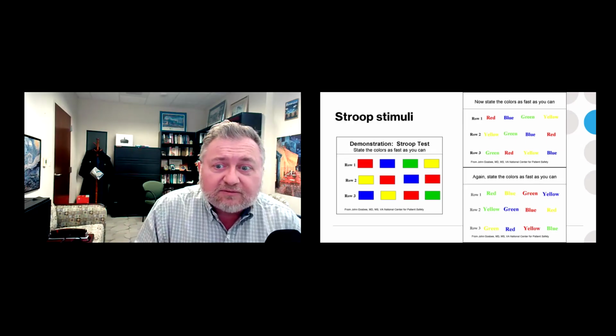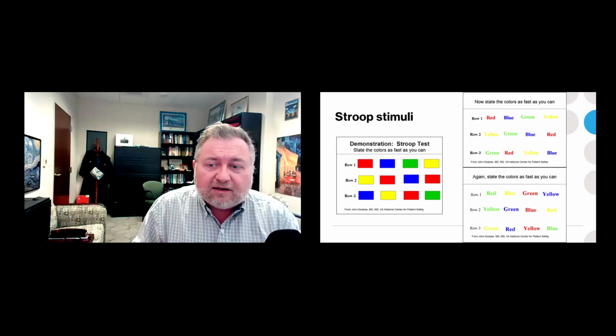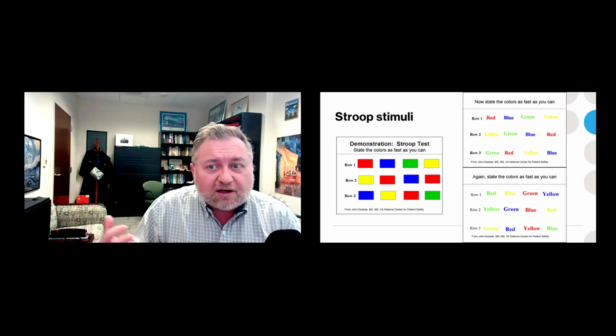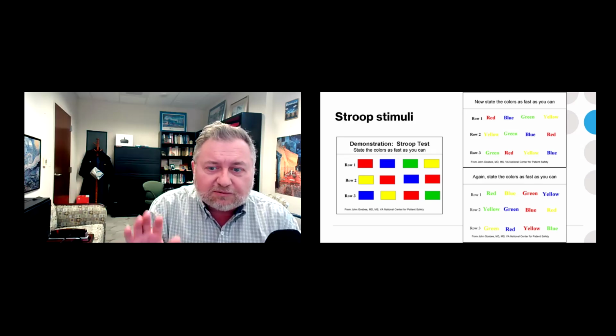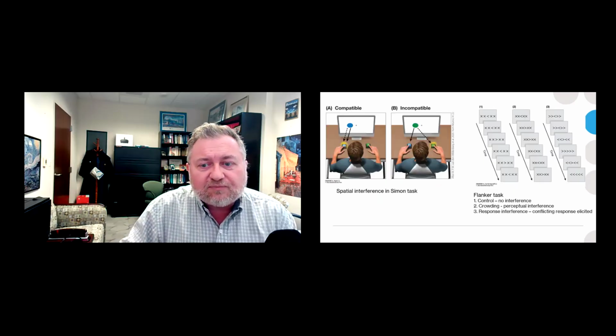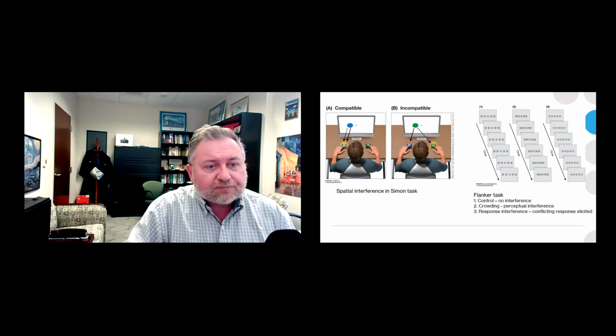So this is a classic case of inhibition, right? That task of reading has to be inhibited. That requires cognitive control, right? I have some internal controller that's going to say, stop that, right? Don't do that. I'm trying to do something else, right? And so that's a form of inhibition here.